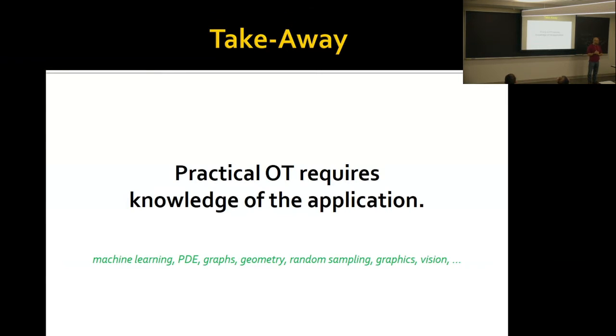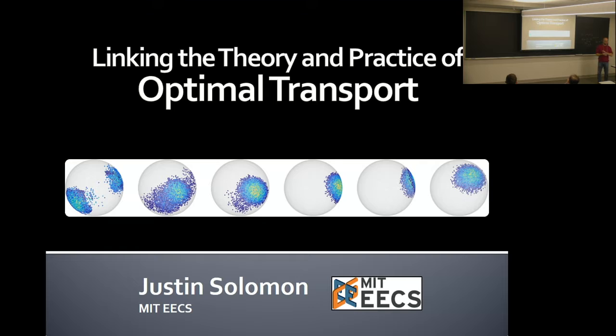Right? The sampling-based Bayesian inference requires a very different procedure for optimal transport than fast approximate computing in computer graphics or solving a partial differential equation in fluid simulation. And by pairing your numerical technique with your application, that's where you can get the increase in speed. So with that, I'm happy to answer any questions you might have,